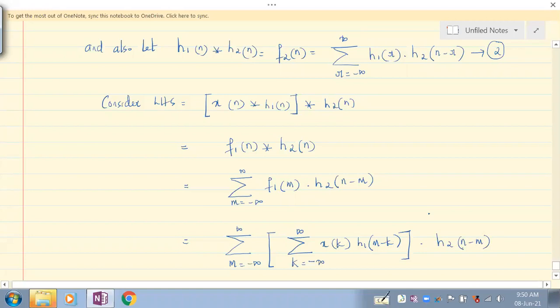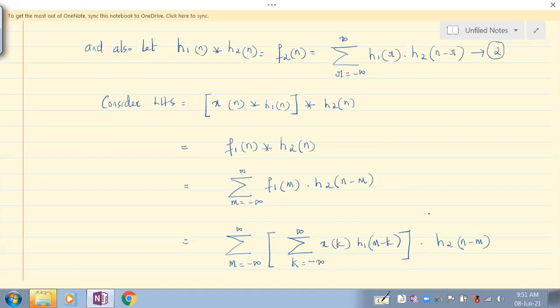You'll not be very comfortable with this unless you do it yourselves. I'll give you a fair idea regarding this, maybe 80% of this you will understand. If you have confusions, you have to just revisit this particular exercise. It's nothing but playing with the variables. We used to consider k, then we considered r, we considered m. We're not doing anything else.